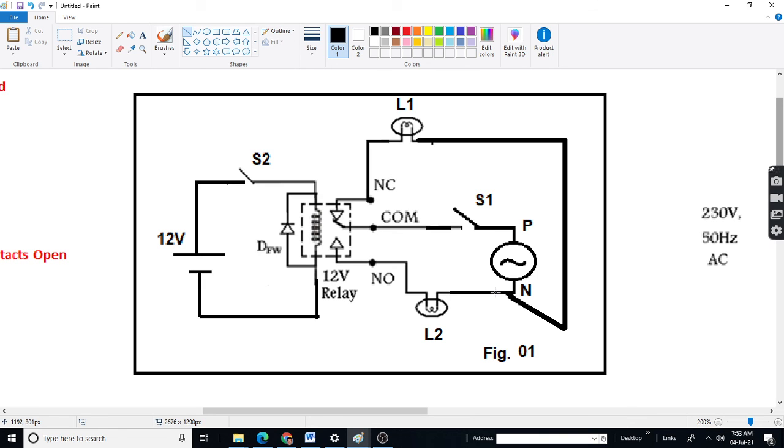Hence, lamp 1 will glow. Lamp 2 will be off because it has no connection between its NO contact and common.